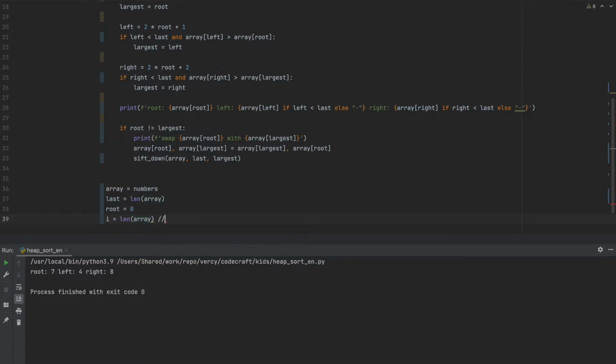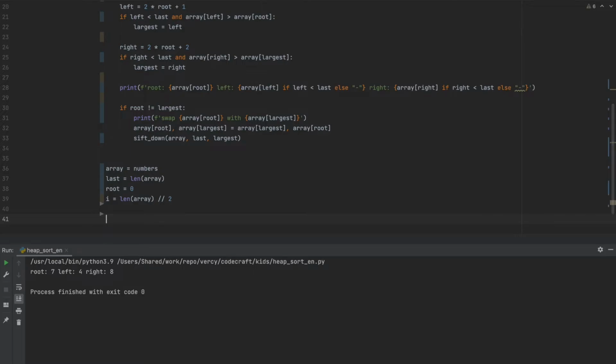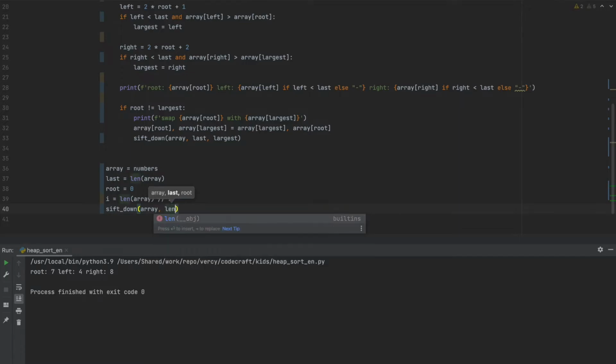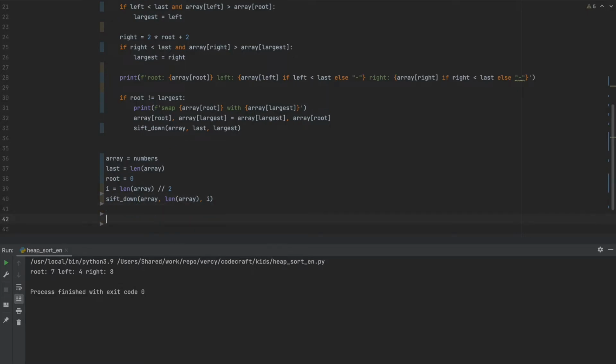So I will choose I to be the middle element within this array, and I will just do a shift down operation for this. The last element will be the length of the array. There's no change there, but we are going to go from I as the root.